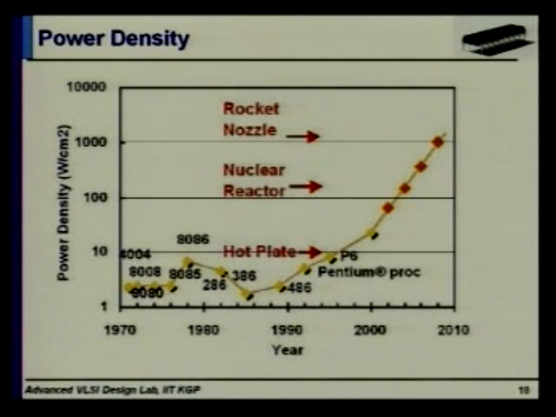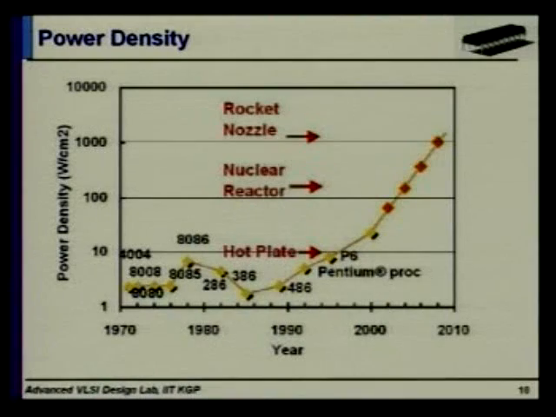Now this is the real problem that we are facing. We are packing a lot of transistors in a very small amount of place. The geometry of the transistors is getting smaller and smaller and smaller. We are packing more and more transistors on the same amount of die. The consequence of that is that the amount of power dissipation that takes place in that small amount of area